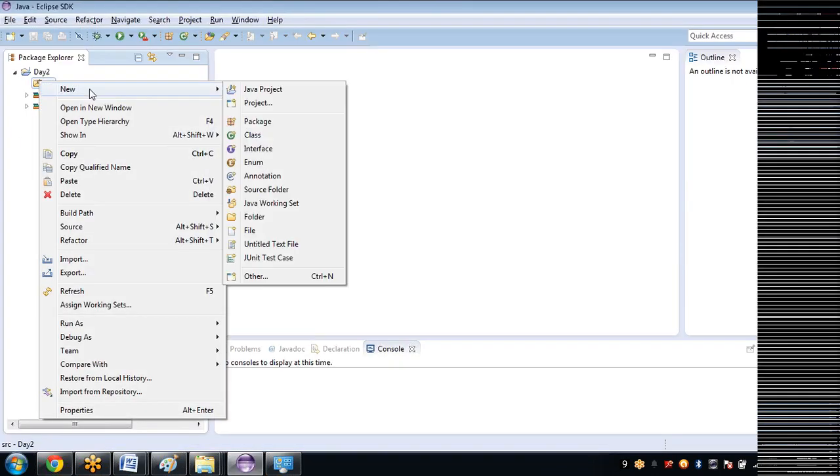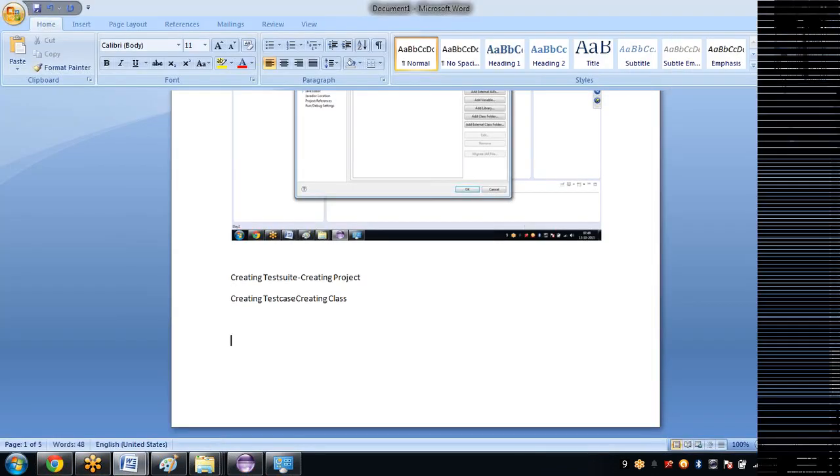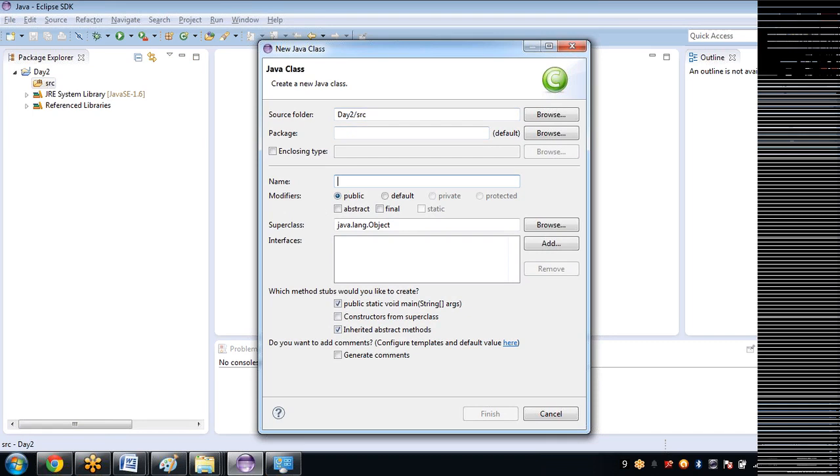Okay. Right click, new class. Take a screenshot. Okay. Give any class name. So it's the first program, right? Actually, first. Make sure that you select these checkboxes by default because you will not have a headache to create a class, public, static, void, main and all. Click on finish.